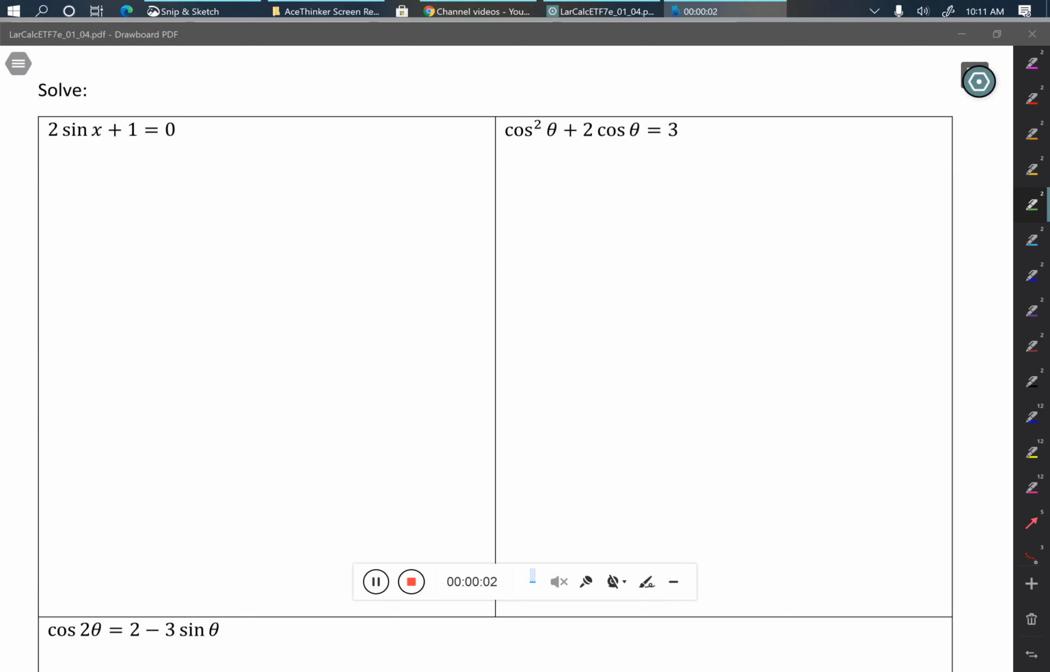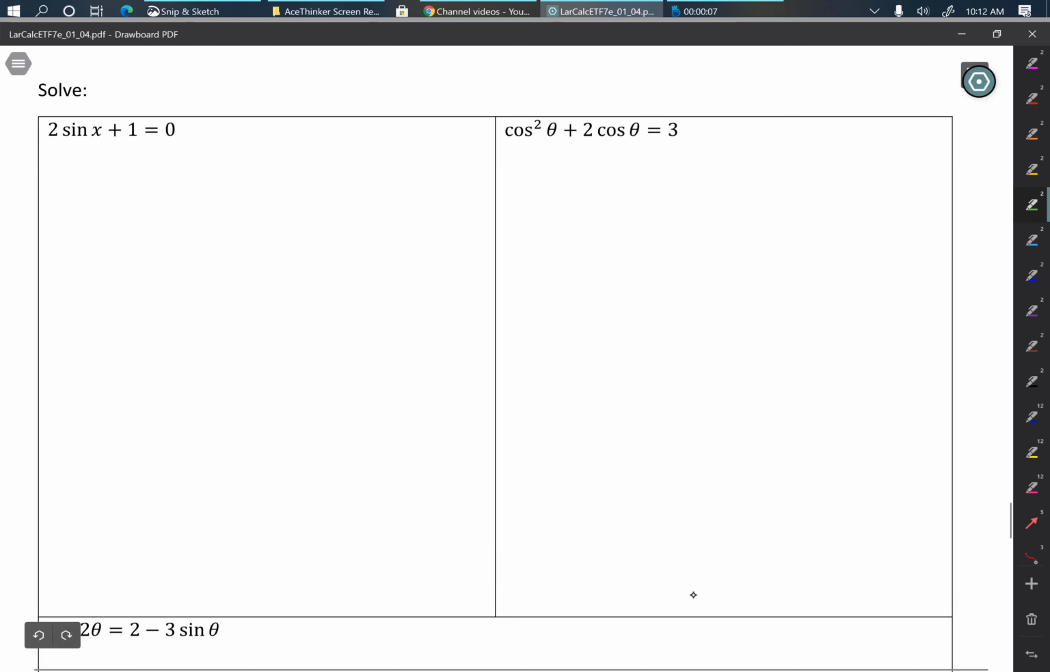Okay, so here we go. This is section 1.4, part 3, solving trigonometric equations. We're going to start up here in the upper left with solving the equation 2 sine x plus 1 is